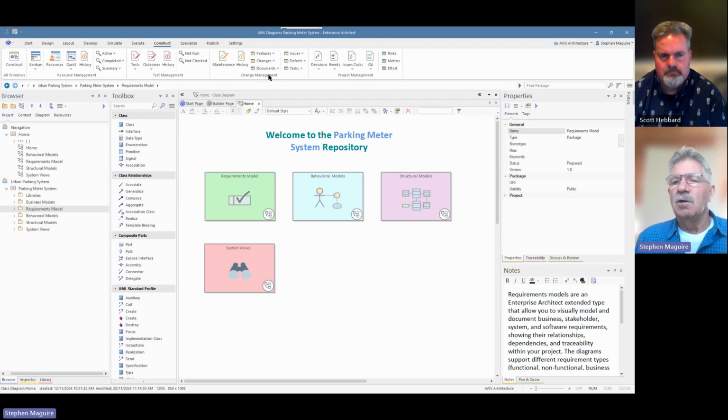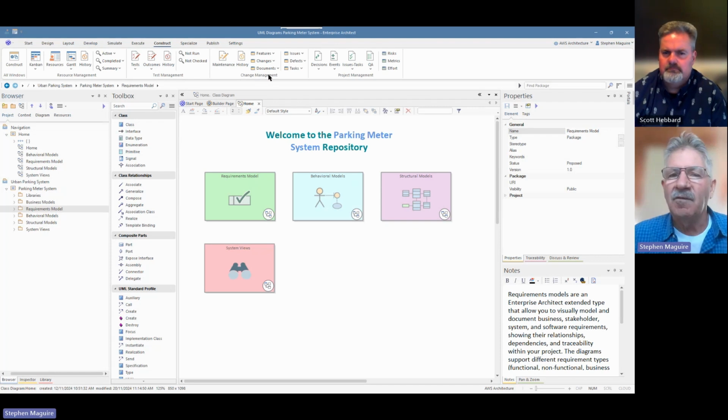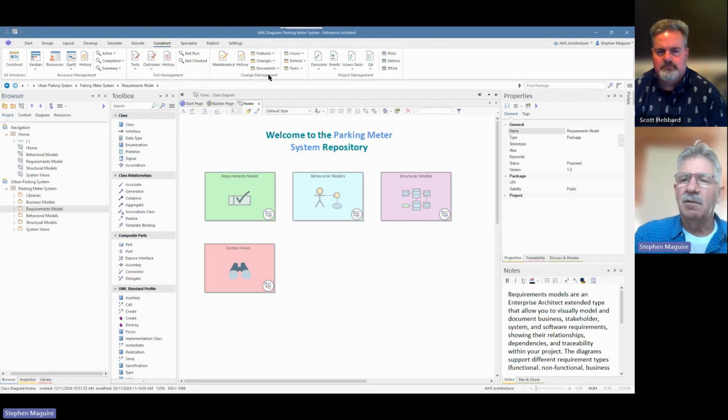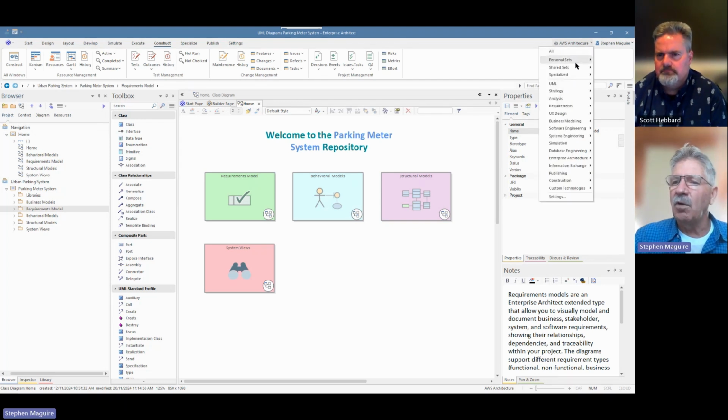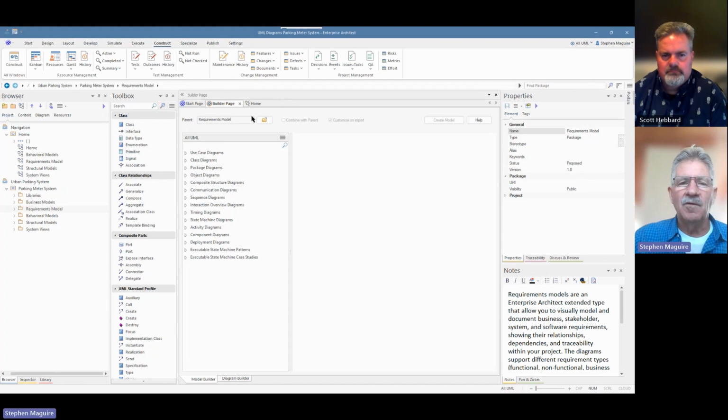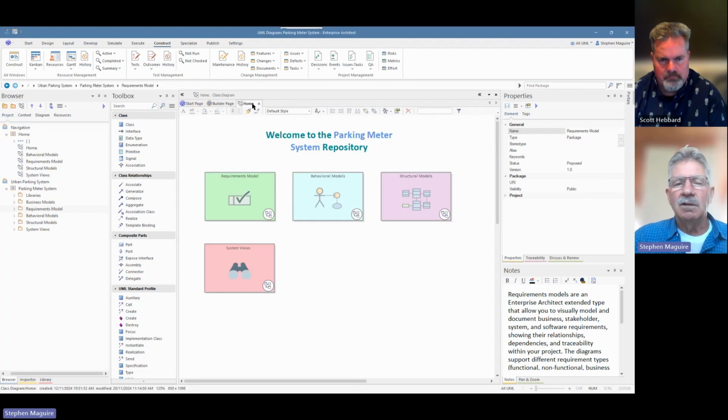Now, as always, Scott, we start by setting our focus using the perspectives feature up in the top right-hand corner. I've been working on some Amazon architectures, so some AWS architectures this morning, and now I want to set my focus on UML. I'm going to choose all UML as my perspective, and notice the tool sets my focus now onto everything to do with UML. Let's have a look where we're going to apply some of these